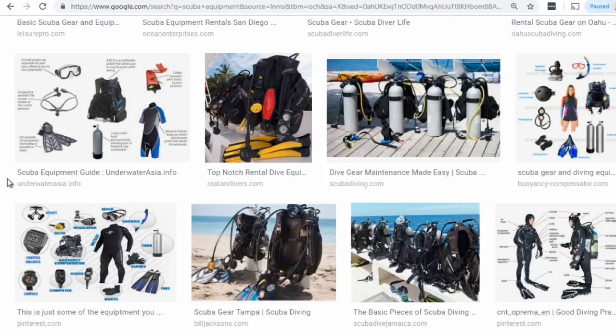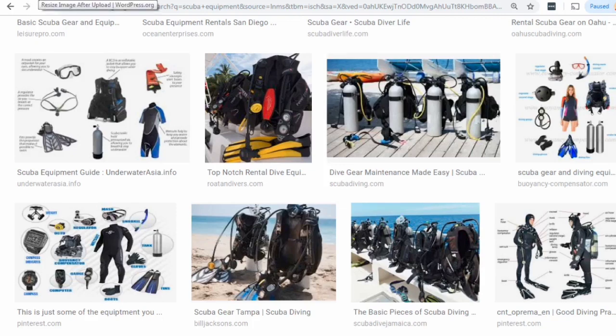So what you want to do is you want to decrease the size as much as possible, simply because looking at all the other variables, you want to make your images fast. And to make them fast, you want to decrease the sizes. Now, how do you do that if they have already been uploaded? Well, if you have a WordPress site, then there are plugins out there that will help